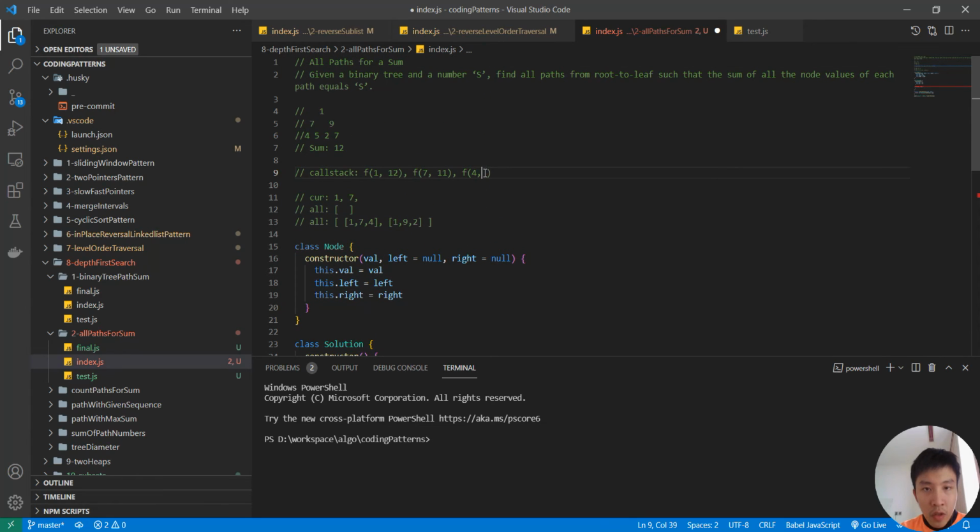So F4, okay, the node 7 will subtract itself from the target sum, which is 11. So a smaller problem, which is